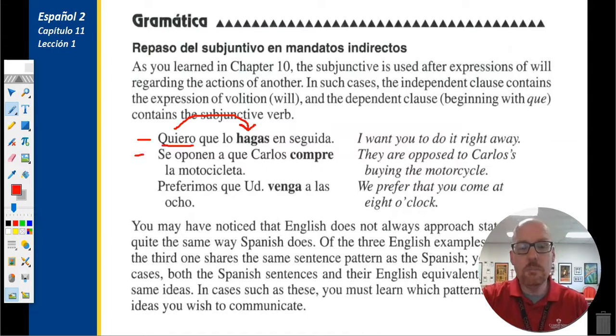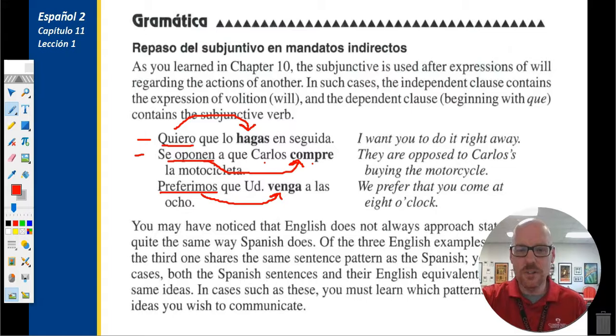Look at the second one. Se oponen a que Carlos compre la motocicleta. They are opposed to Carlos buying the motorcycle. This is an expression of will that caused this verb to be conjugated in the subjunctive mood. The subject is still Carlos, but the verb was conjugated in the subjunctive mood. Preferimos que, we prefer que usted venga a las 8. We prefer that you come at 8 o'clock. Again, this verb is an expression of will or volition, and it caused this dependent clause verb to be conjugated